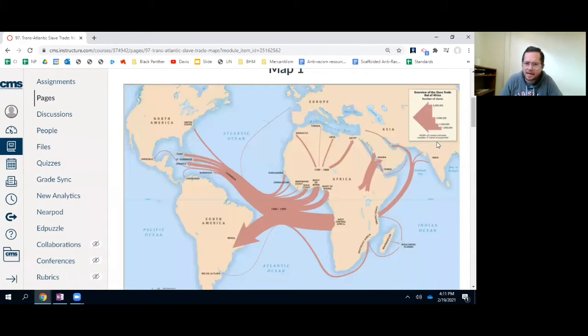And so if we're looking, we can see that a lot probably came from this area, the larger arrow. And then we have some smaller lines, and then we have some very slim lines, maybe going up here. So that's the information, you need to take those map reading skills to allow you to answer the questions on